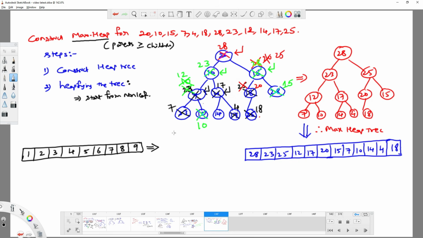Is it a min heap tree? Good, right? If you are able to say that it's a min heap tree, yes, definitely it's a min heap tree. If you observe something like this,